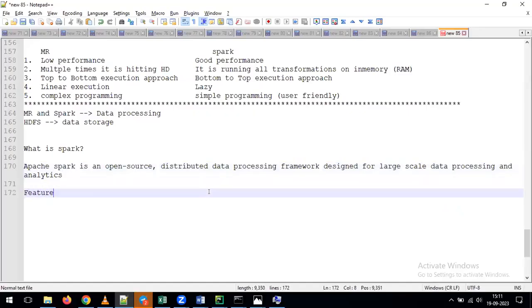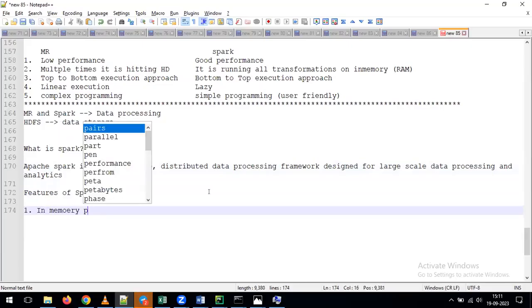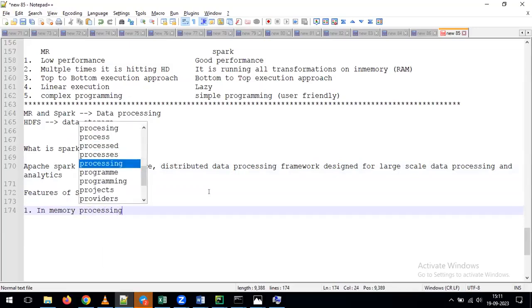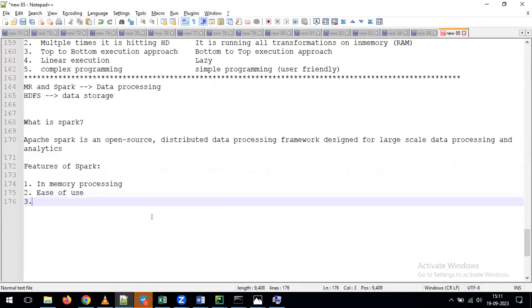Now, if anyone is asking the question, what are the features of Spark? We can give the statement like this. First one, it is going to perform in memory processing. This is the first thing. Second one, we can say it's very ease of use. As I told you earlier, we need to write very simple programming. It's user friendly, very ease of use. And next one, it is providing versatile data processing models,